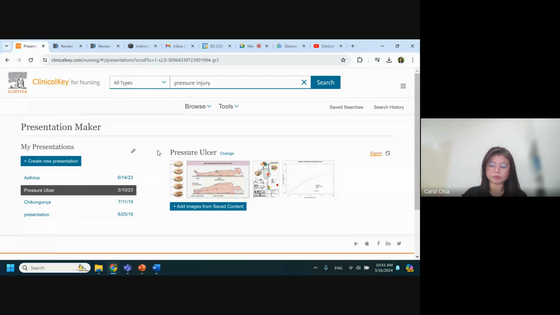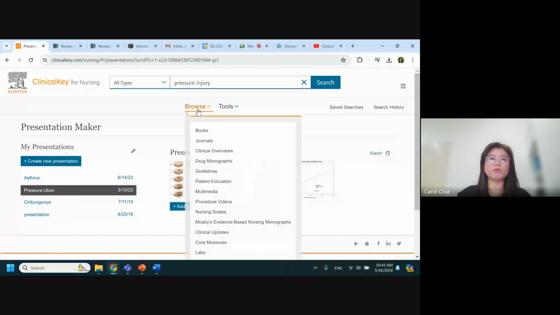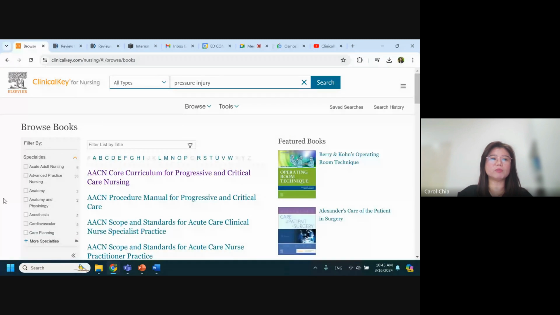While you are accessing ClinicalKey for nursing, along the way, you may be wondering what the books and journals are. Again, I'm going to highlight: before you consult the librarian, you can always come and browse yourself. Select the books, and you'll be able to see a list of the books displayed in alphabetical order that allows you to view full text. It also has a featured books section, suggesting some of the popular books